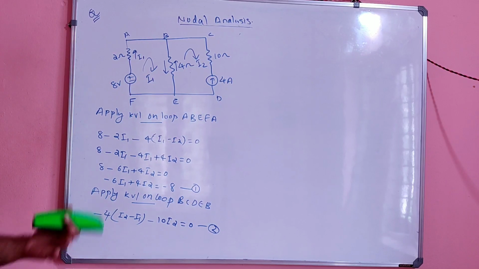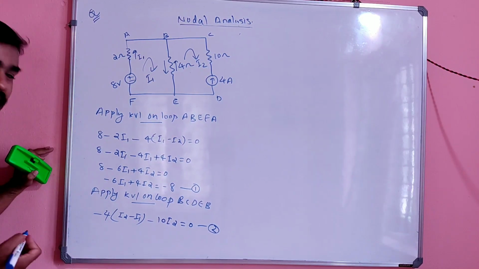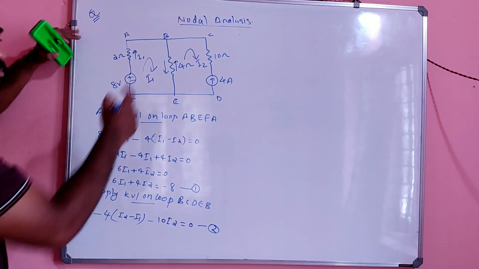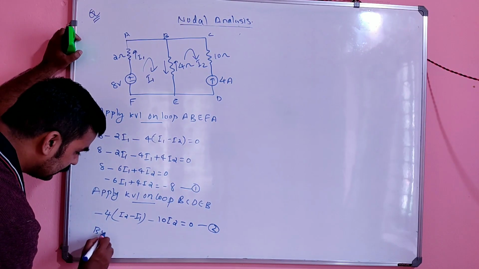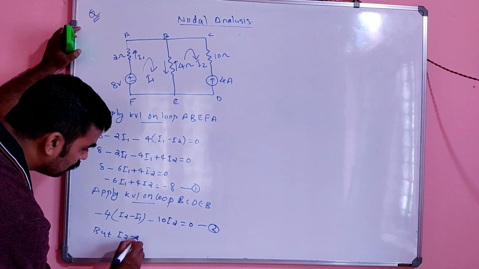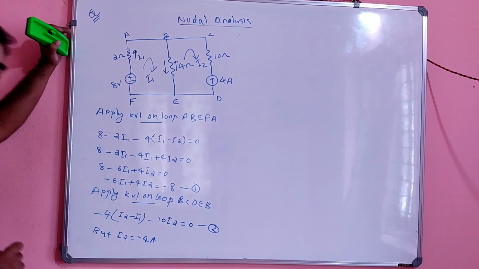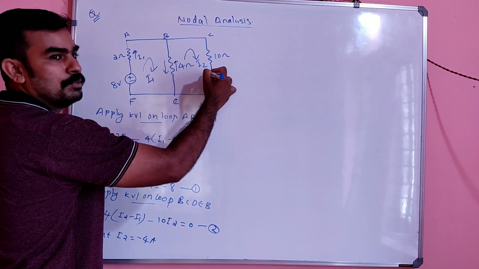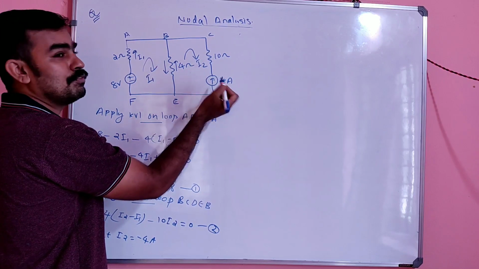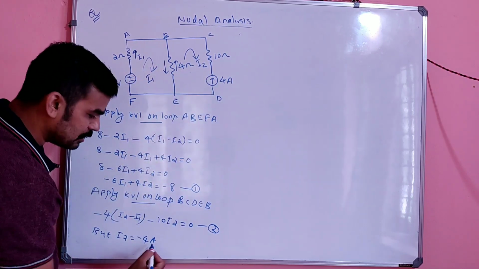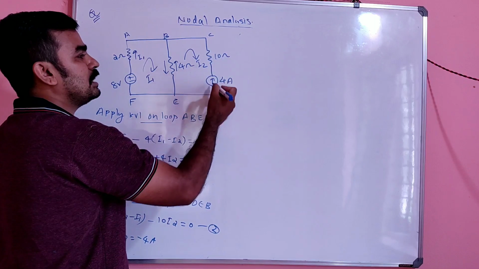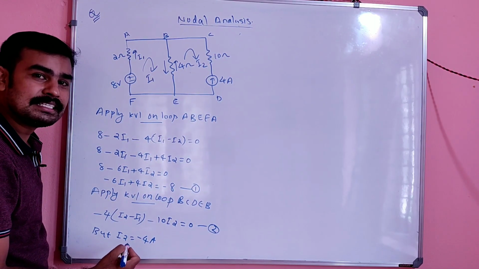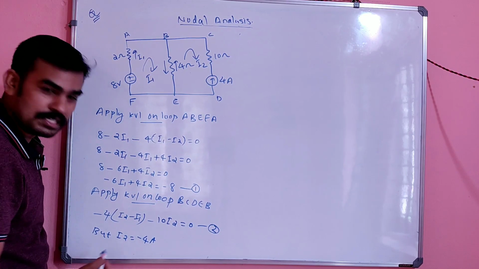So you have I1 and I2 and can easily solve it, but before solving these two equations, you have to focus on the figure again. That means I2 equals minus 4 ampere. Can I write like this? Because see, this is I2, but in the opposite direction there is a branch current of 4 ampere. So you can write I2 equal to minus 4 ampere, because my direction and the actual direction are opposite, so I have to put an extra minus. So it will be I2 equal to minus 4 ampere.